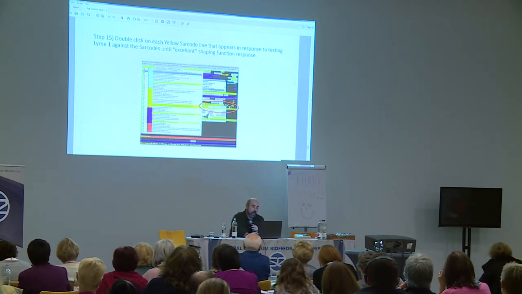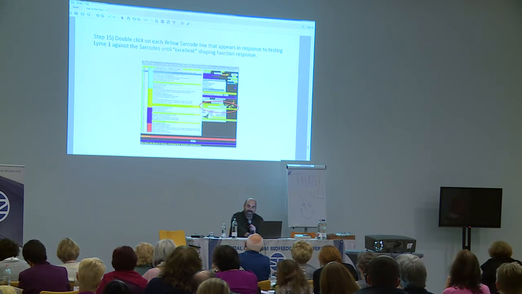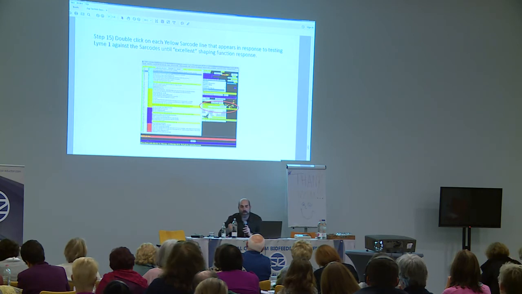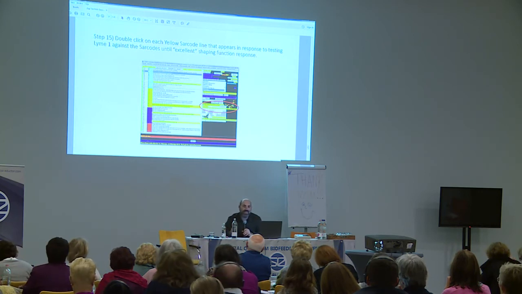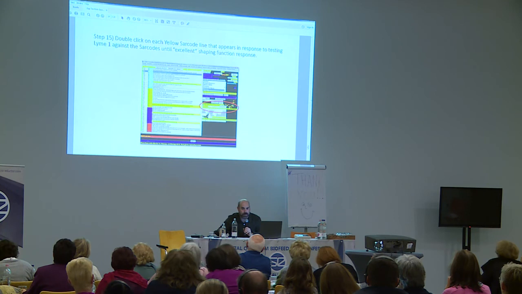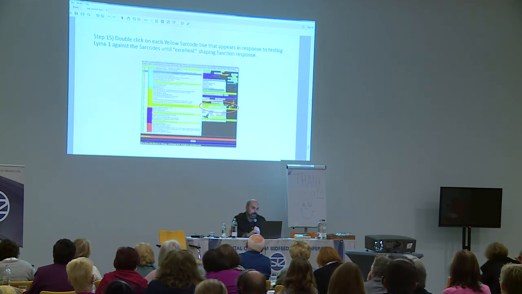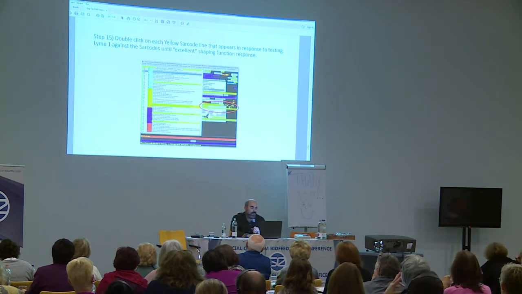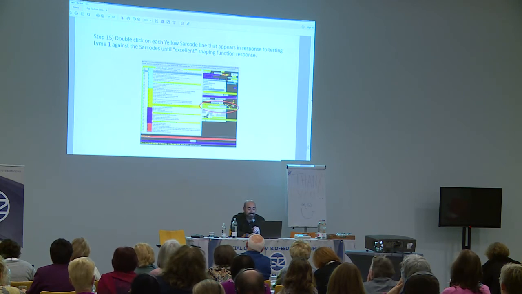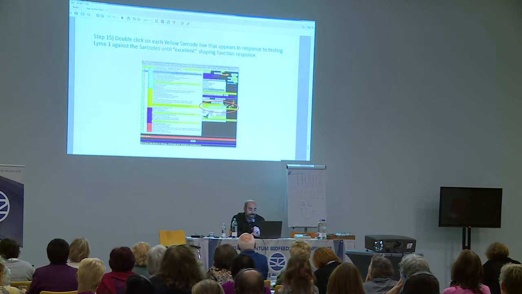Good. Okay, so you're going to challenge against the SAR code and understand here what you're really doing is cleaning out the predominant areas that are most reactive and theoretically most affected at the present by said pathogen. You're going to start systematically cleaning the body out. So you're going to start with Lyme 1. You're going to click on all of the additional items which pop up as you've challenged Lyme 1 against the SAR codes. You're going to click on each until shaping function excellent.